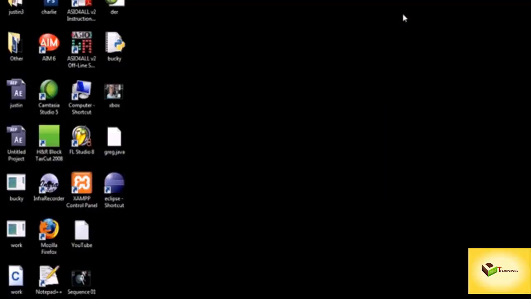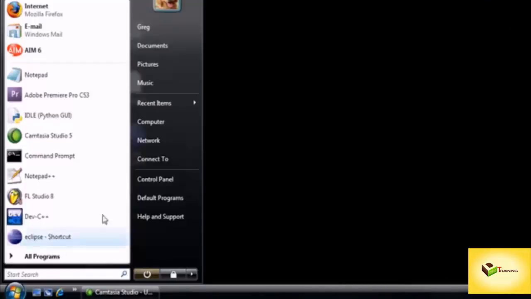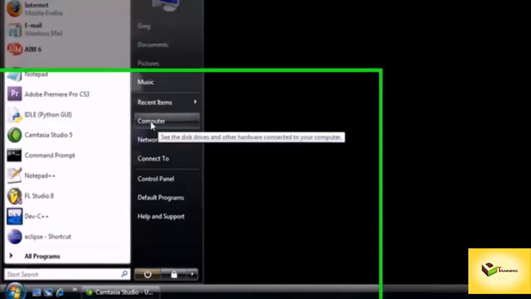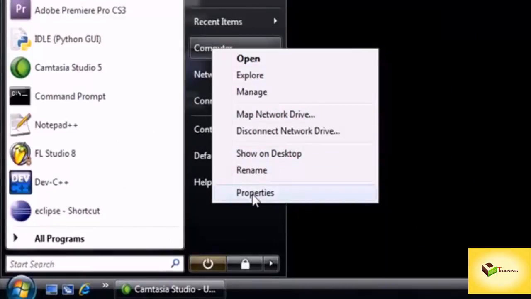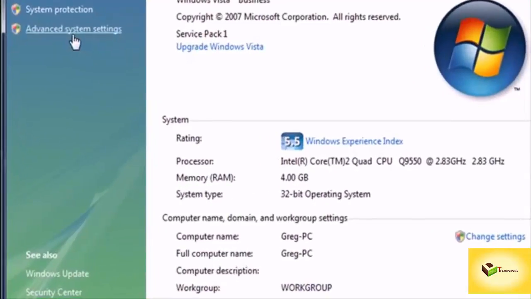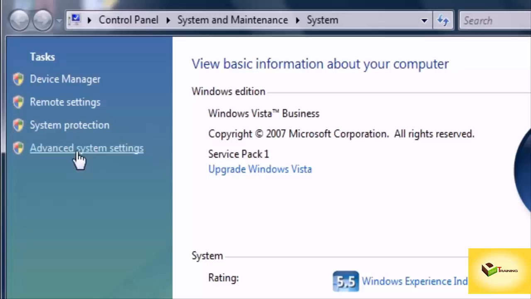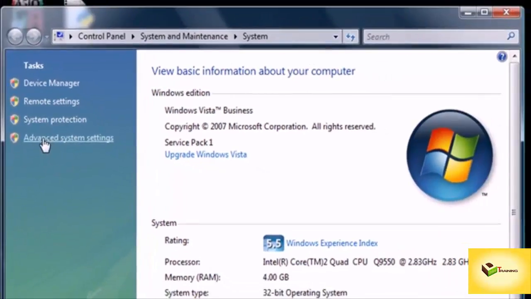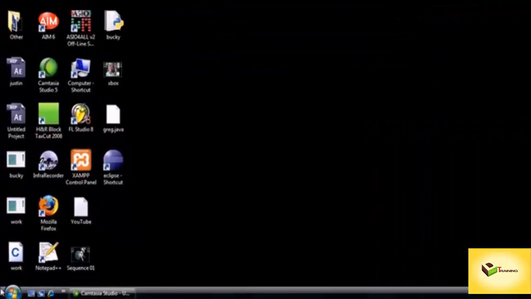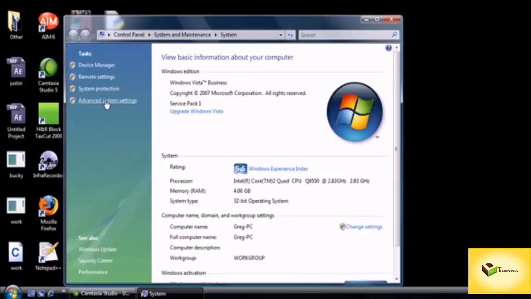So how do we tell your computer to look there? Well, go ahead and click My Computer again from your start menu, and click properties. Remember, you want to right click it and click properties. All of these are very important. Go ahead and click advanced system settings, and a little message is going to pop up. So my computer, properties, advanced system settings, there we go, continue,